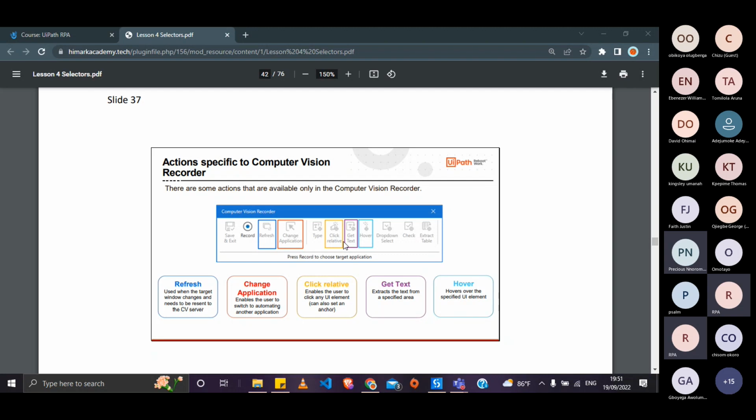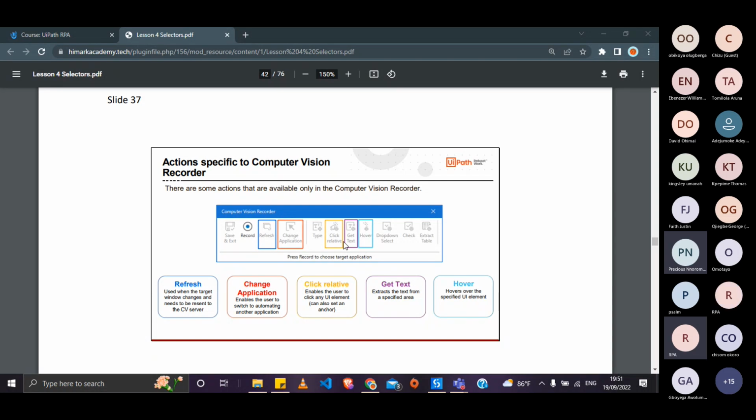Doesn't work with selectors like the other two, or the other five. But now for computer vision, we have refresh, which is used when the target window changes and needs to be sent to the computer vision server. So it refreshes the